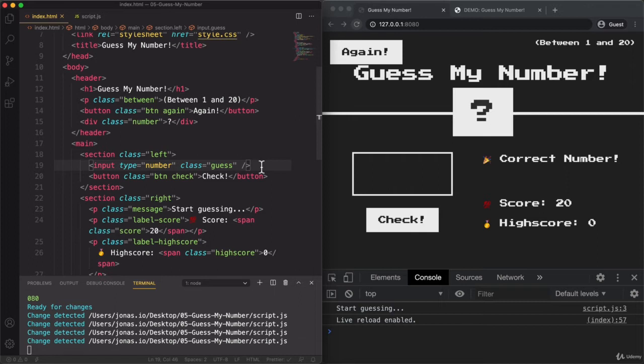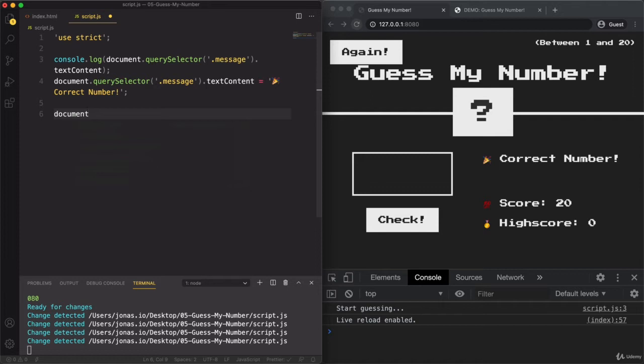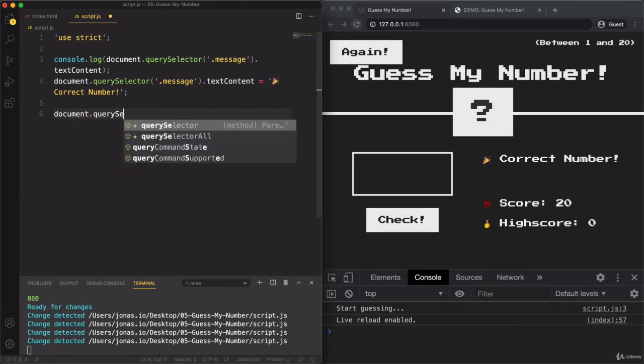And so this is what I was telling you in the beginning, that we would need this HTML to basically get the class names of all the elements that we are interested in. So this secret number here is basically this div element here with the class number. And then the score, as you see down here from this 20, this is where this 20 is. And in this case, it is this span element with the class score. So now let's go ahead and select the elements with the class number and score. Okay, so that's exactly what we did before. So query selector